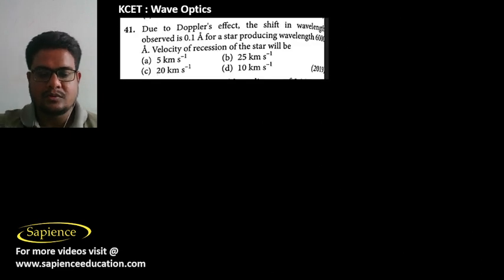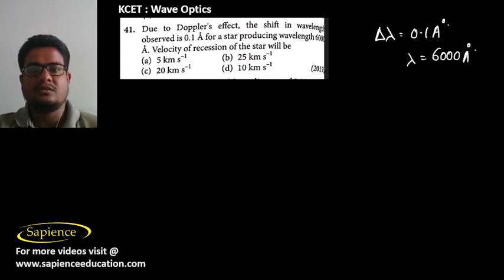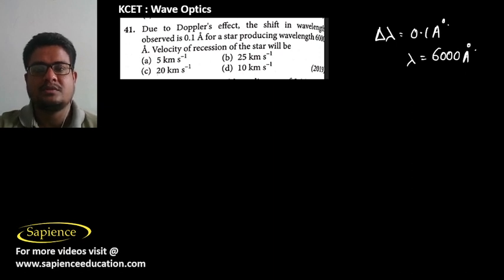Then in question number 41 it is told, due to Doppler's effect, the shift of wavelength observed, that is delta lambda, is 0.1 angstrom for a star producing wavelength 6000 angstrom. The velocity of recession of the star will be. So according to the Doppler effect,